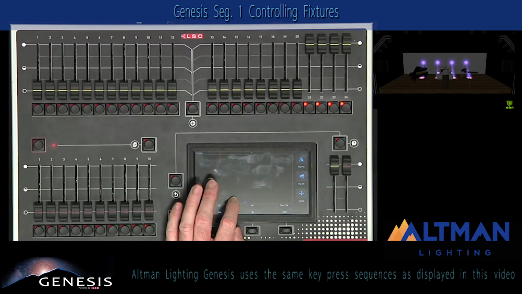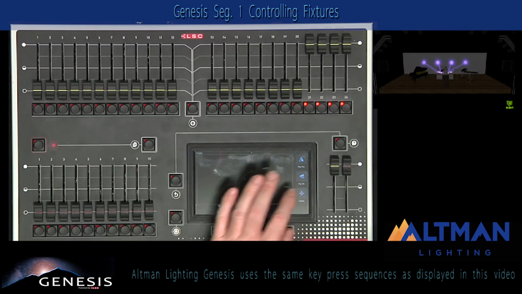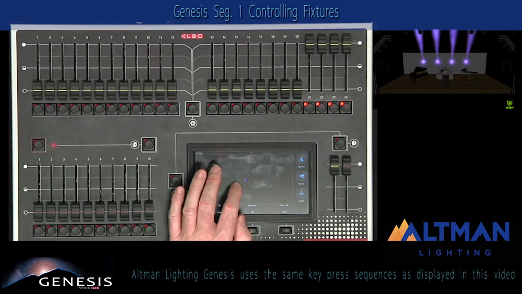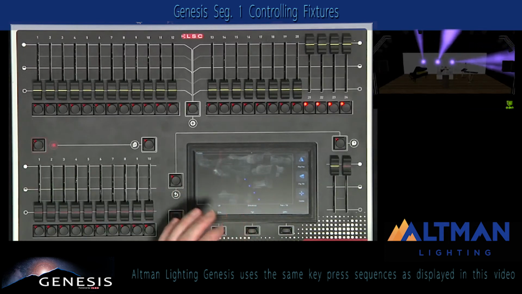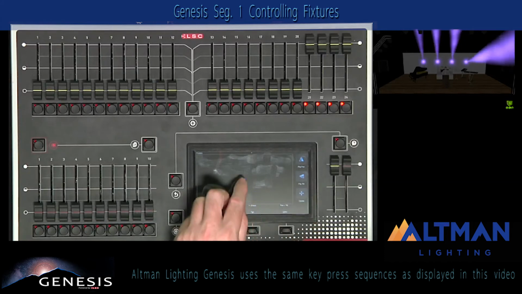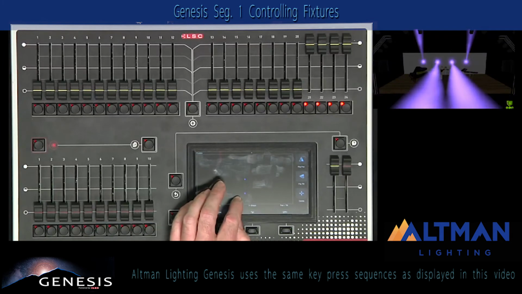We also have fan functions, such as a centered fan, which allows us to do spread out and crossover type effects. We have a directional fan, where we can splay the fixtures out from a fixed center point. And a V shape, which allows us to bring some of the lights down and leave some in position